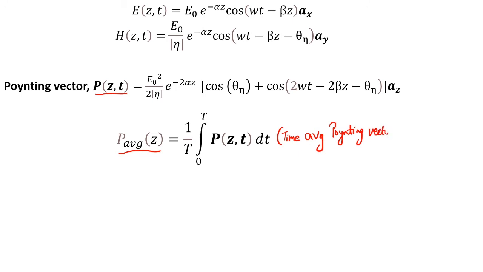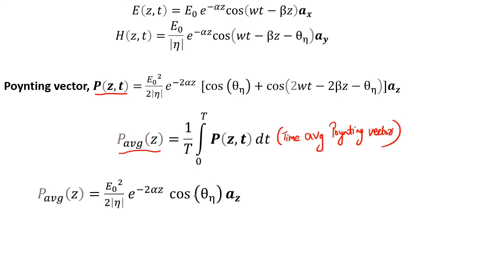So you have to learn that term. Here there is no t, that's the difference. This is the instantaneous value of power. It depends on z and t; it's a function of z and t. The time average Poynting vector is this. For that, 1 by T integral 0 to T of P(z,t). P(z,t) is this, and you can integrate it separately if you want. But you will find that when you integrate this, the value you get is this. You can try integrating that.